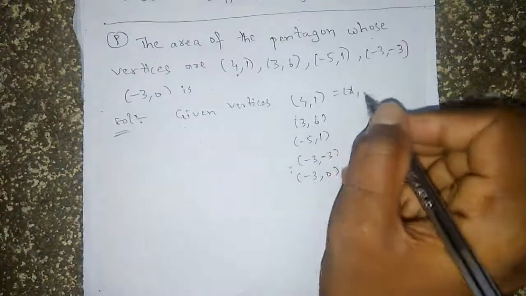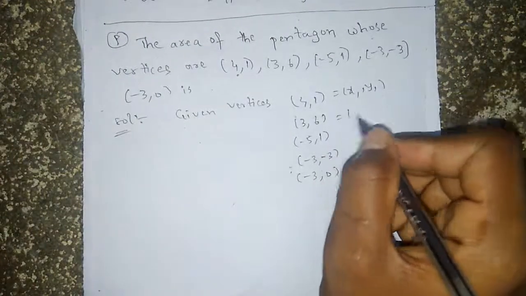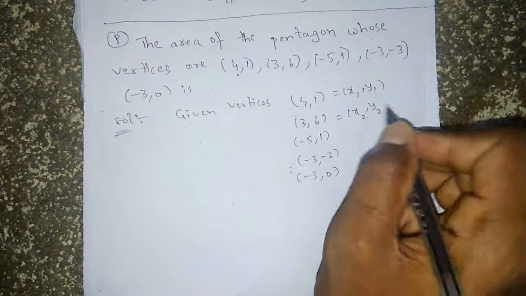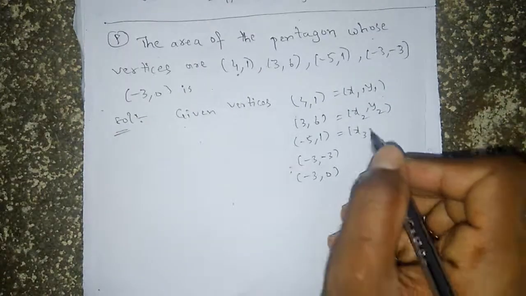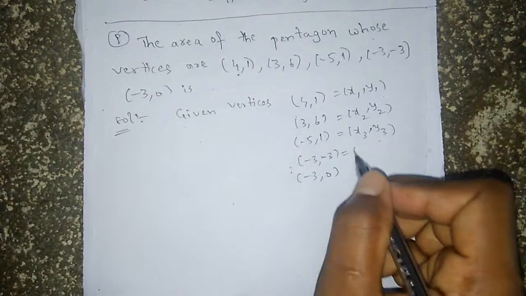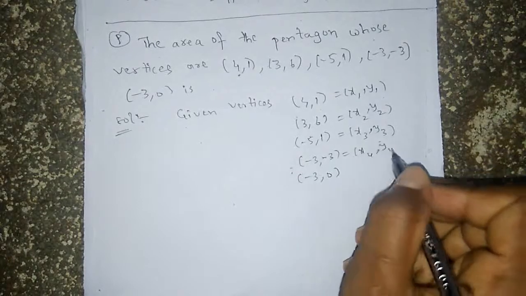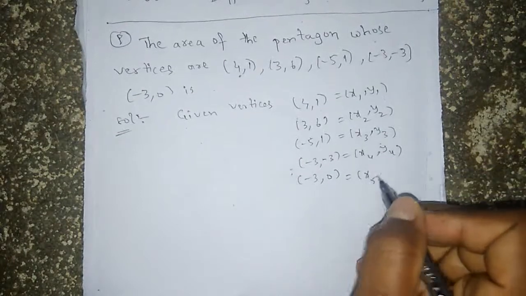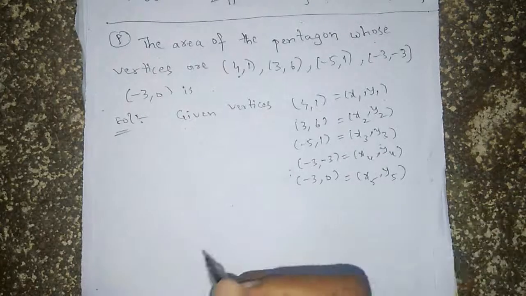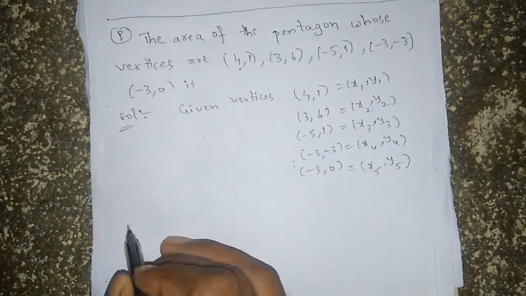Let this be x1, y1. This is x2, y2, x3, y3, x4, y4, x5, y5. Now area of pentagon is